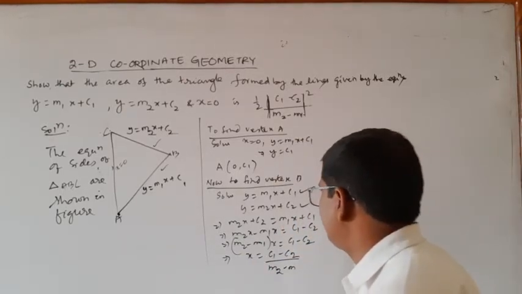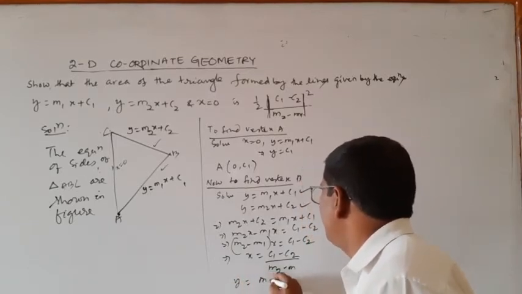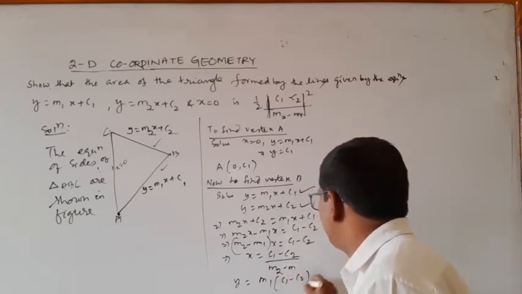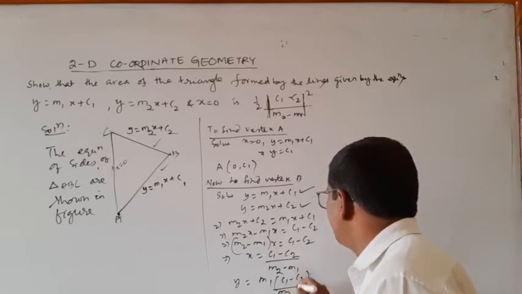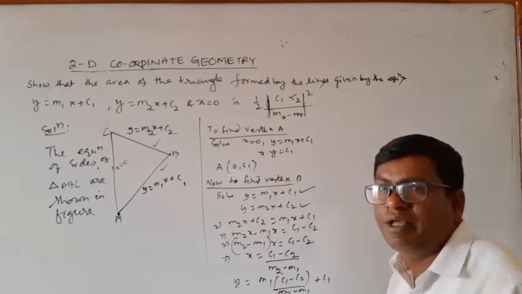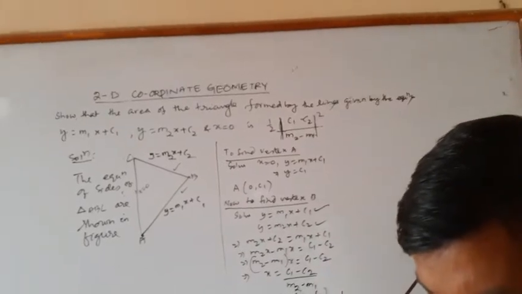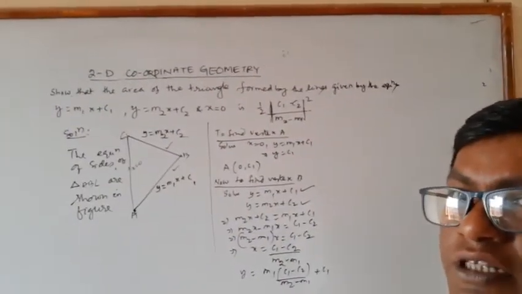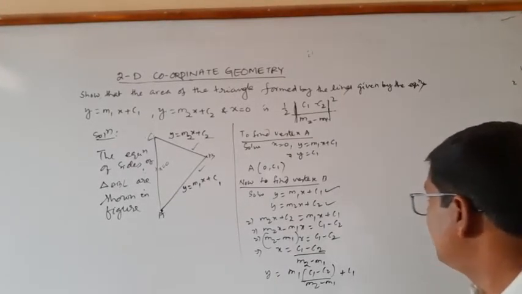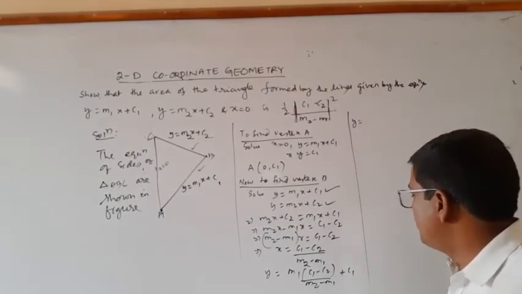Now the value of y is equal to what? That is m1 into x, which means m1 times (c1 minus c2) divided by (m2 minus m1), plus c1. Now calculate that: y is equal to m1